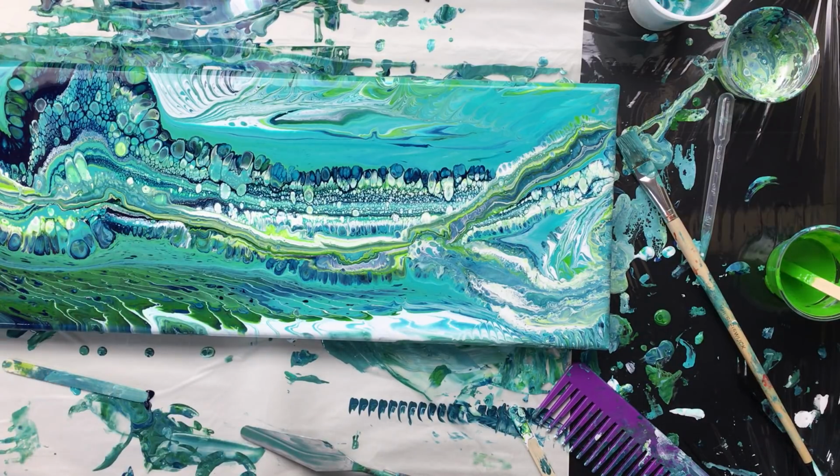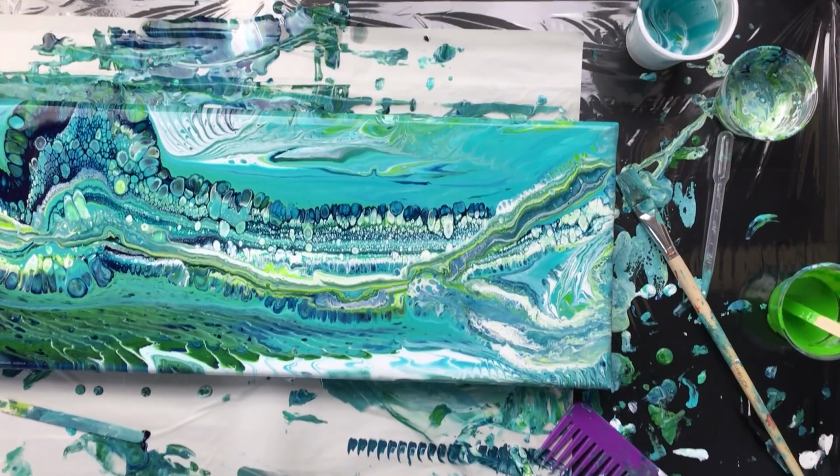As you've seen before, when I did one of those lines with the comb, they got all jaggedy. This is jaggedy because after I put the comb through it, I moved the canvas. But as you can see up here,